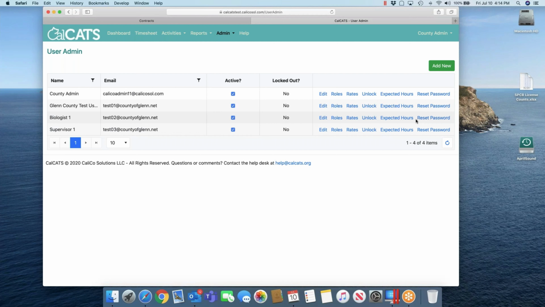Great. And that's not time sensitive, is it? Like they don't have to log in the first time within a certain amount of time? Nope, they do not. Okay. And right now we do not expire passwords, so it will not force you to change your passwords every 60 or 90 days. Oh, wonderful. Well, we're getting some pushback from some IT departments that want that. But if you don't want it, you don't have to. I understand their side of the argument too. Yeah. Security purposes. It just means it's going to be,